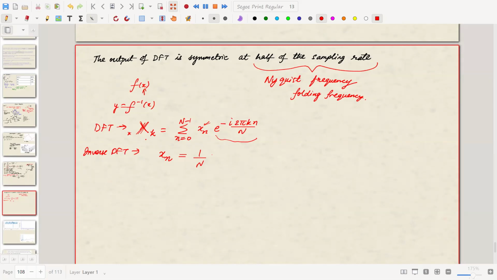So 1 over n, and you take the summation, same, instead of this small xn, it will be capital Xk, and instead of this e to the power minus, because this guy goes to that side, it will be just e to the power i 2 pi k small n divided by capital N. This is inverse DFT, okay? Quite similar, but not exactly similar. Just for you to know,